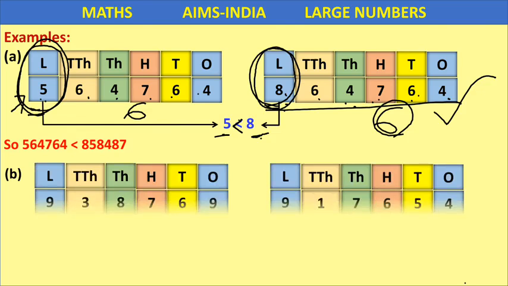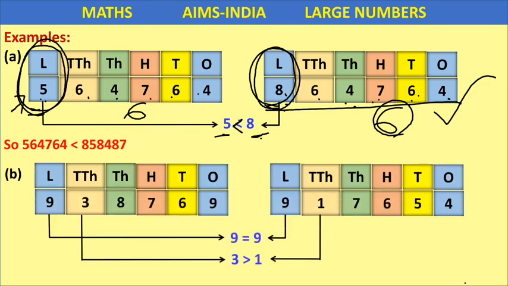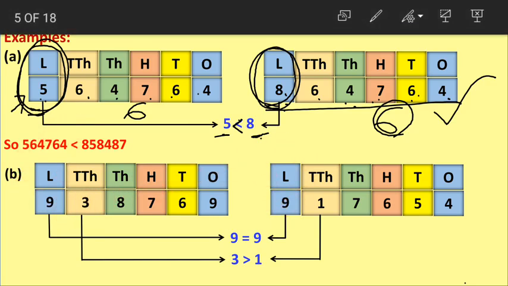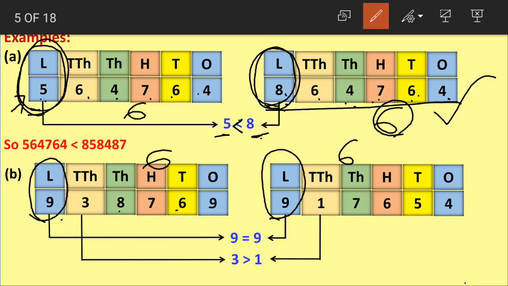Coming to the second example, again look at these two numbers here. Both the numbers have lakhs as their highest place value, which means this first number has 1, 2, 3, 4, 5, 6 digits, and the second number also has what? 6 digits. Now what should we do? We should start comparing from the highest place values which are on the extreme left. Now which number is present in the highest place value? 9. In the first number we have 9 at lakhs place, and in the second number also we have 9 at lakhs place. Both the numbers are same, right?